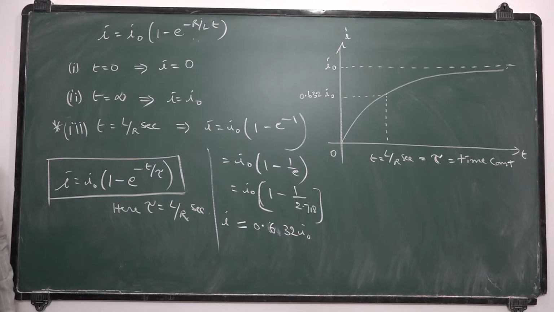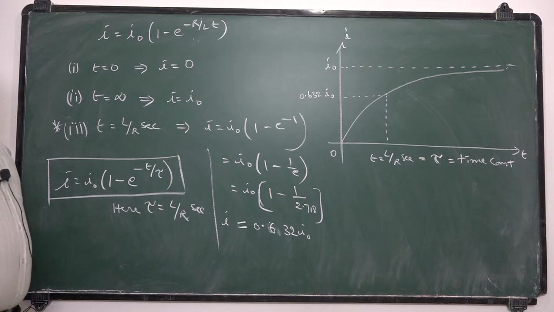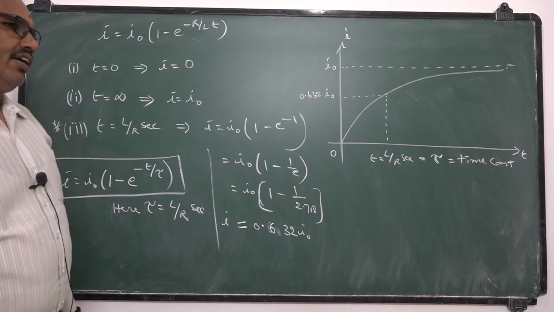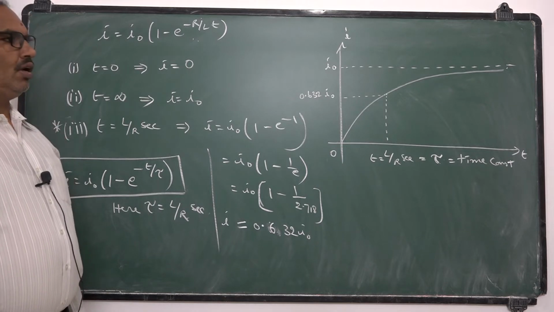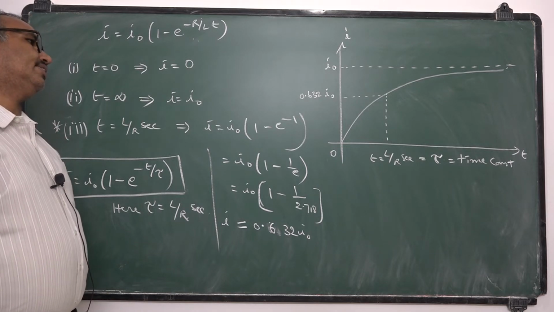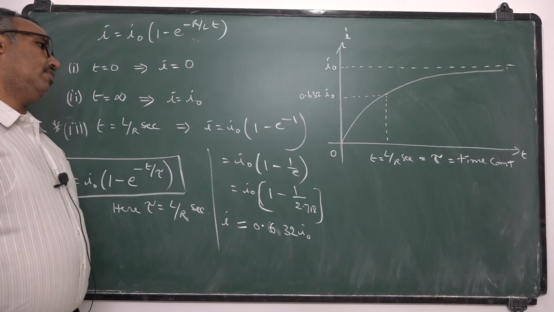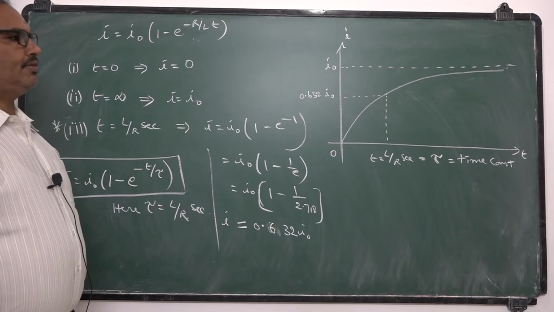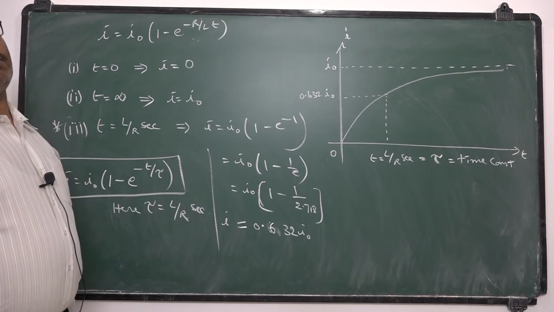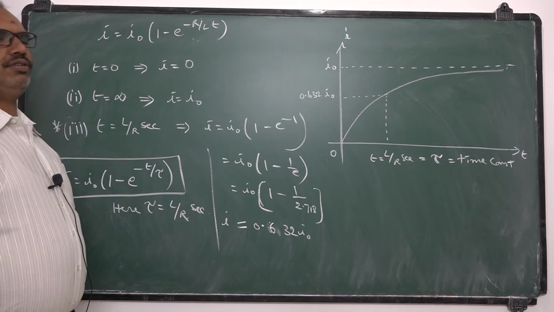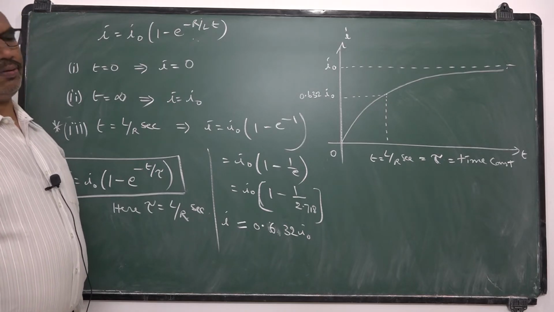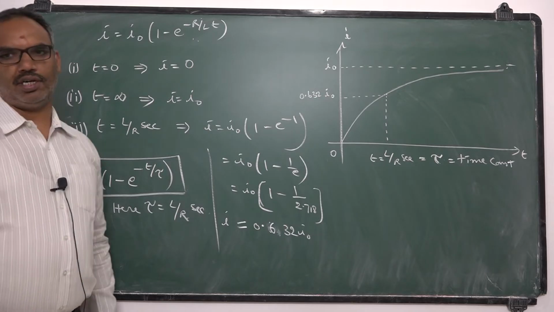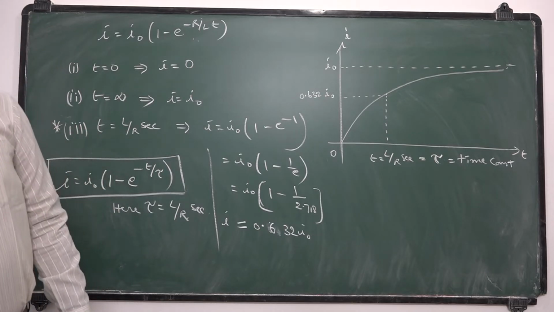Now we have to understand the decrement or the decay of the current through LR circuit. The growth of current, you observed, is very rapid till L by R seconds, and that particular L by R seconds is called time constant of the circuit. Now let us see the decay of current through LR circuit. That is the next concept to be discussed here.